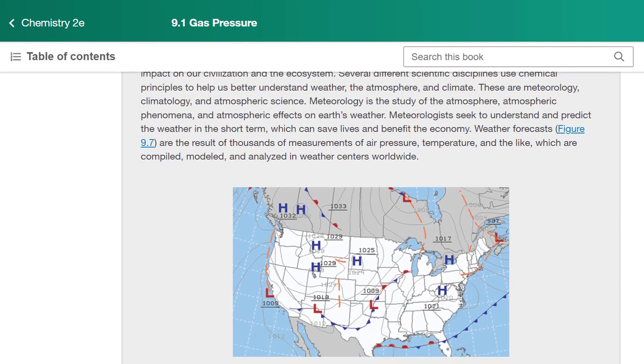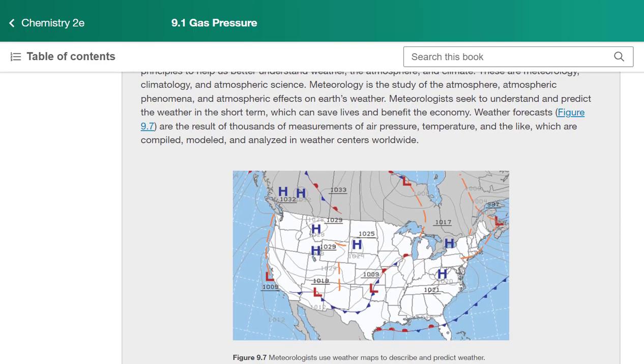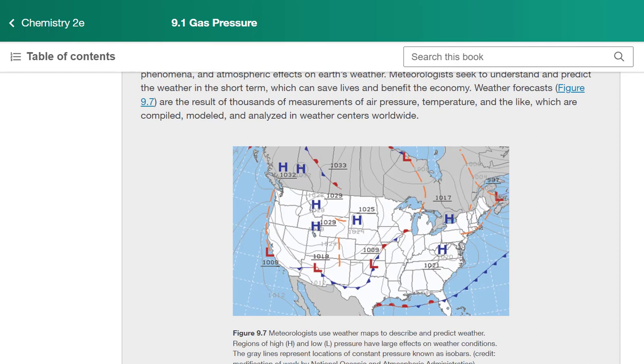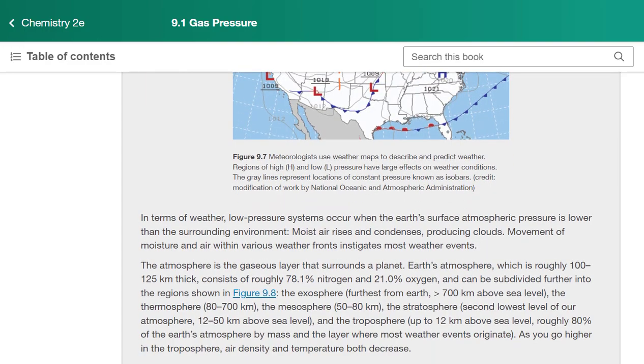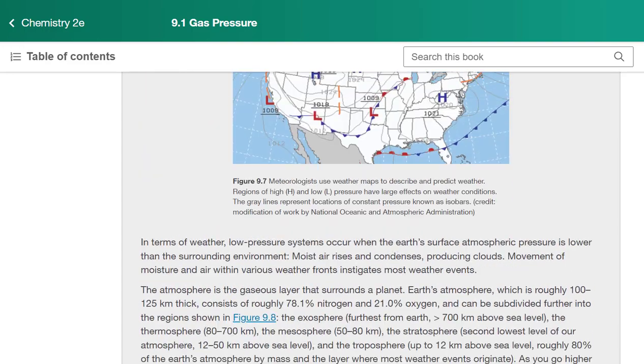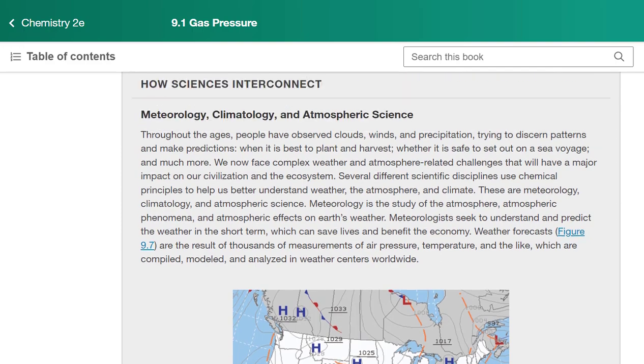But essentially what happens is when they report the pressure, it's not the actual pressure. They are making adjustments so that they can report pressures anywhere in the country, and it kind of means the same thing. So if you're at the beach or if you're in the Rocky Mountains and there's a report of a weather pressure, you're kind of going to interpret it the same way. So that's a little bit about something that goes into effect there.